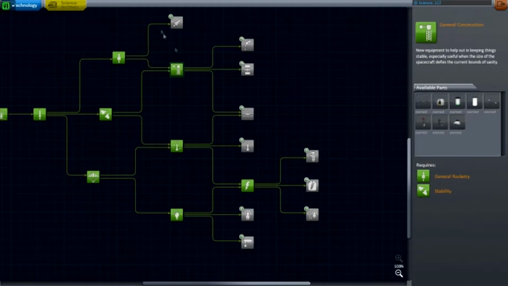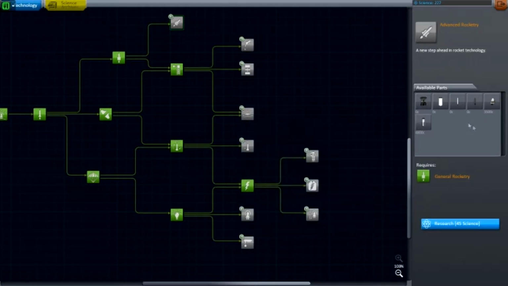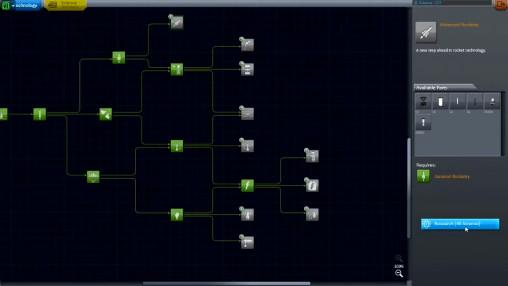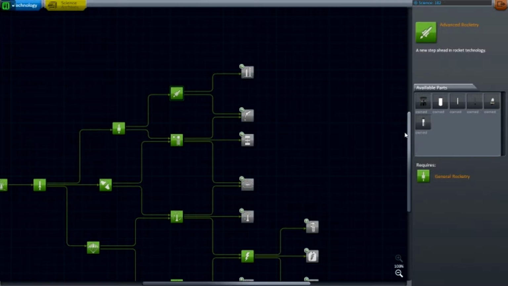So we're gonna pick that up, and I'm gonna pick up the next level of rockets as well. So we get a little bit bigger of an engine. Hopefully that'll help us out in the long run. We also have 182 science left to burn, so